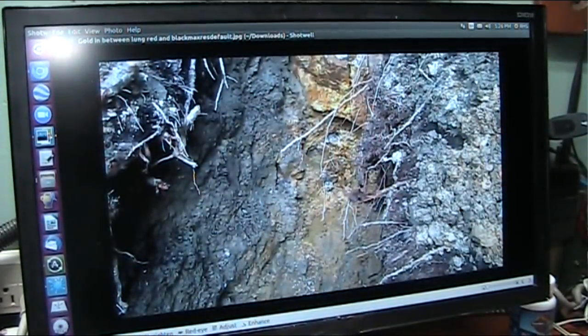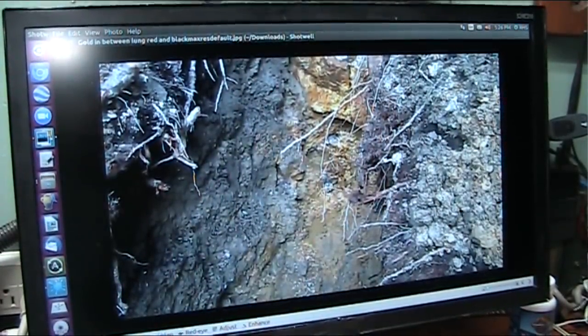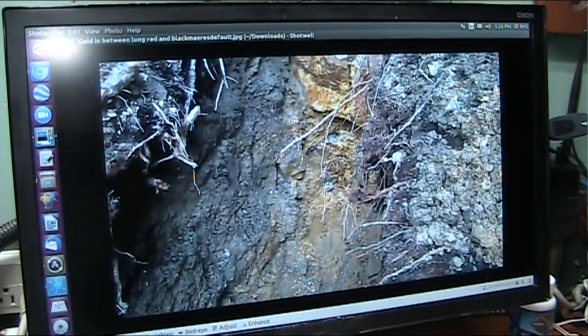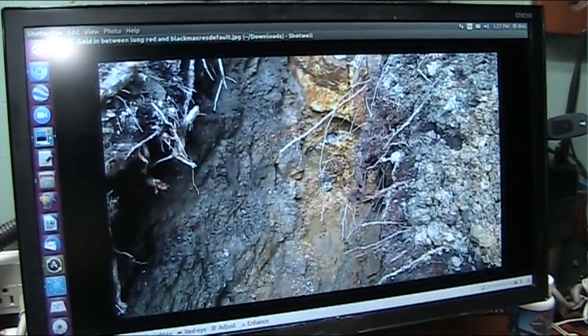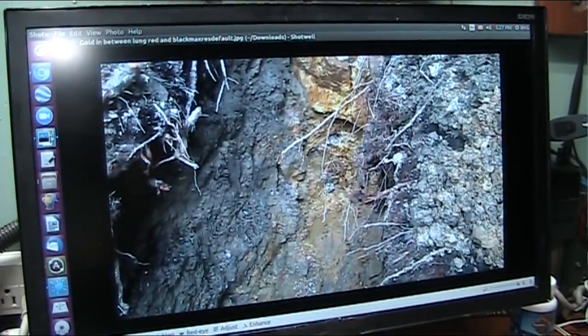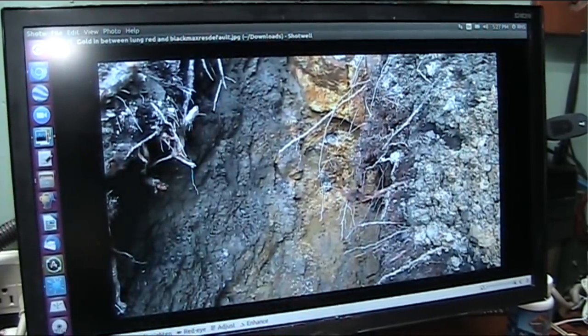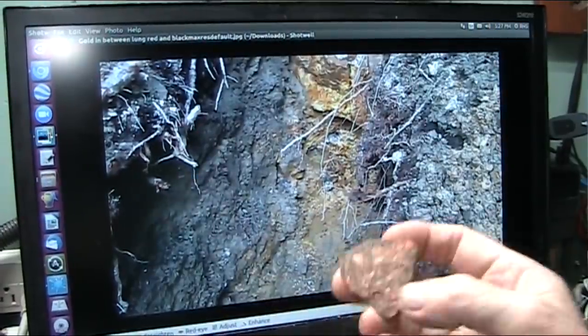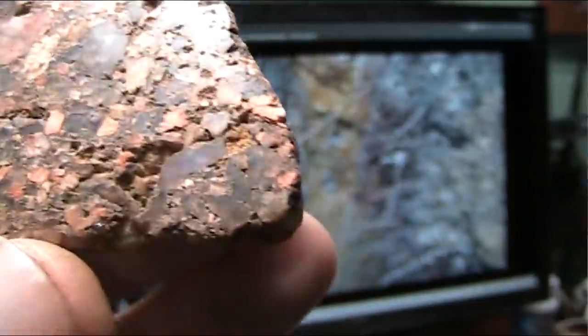Alright, so now let's do a little microscope work. And I'm going to show you something else where you should look for gold, and then we'll go into the microscope shots. Because gold is found among transition metals, and transition metals are found in lungs. Because gold, blood is in the lungs.